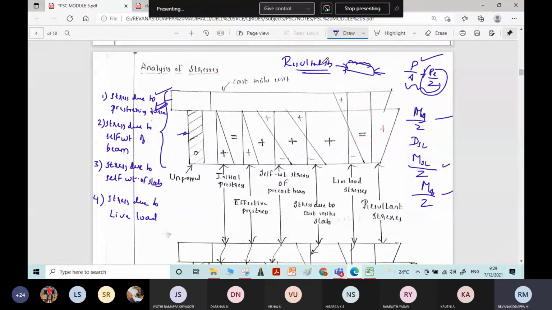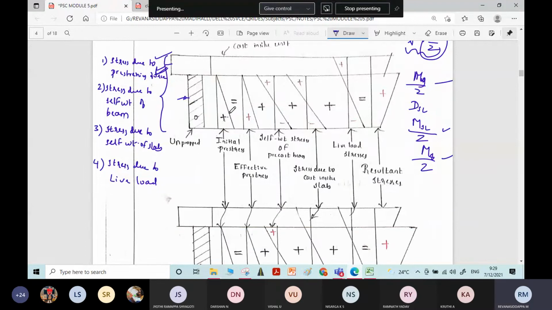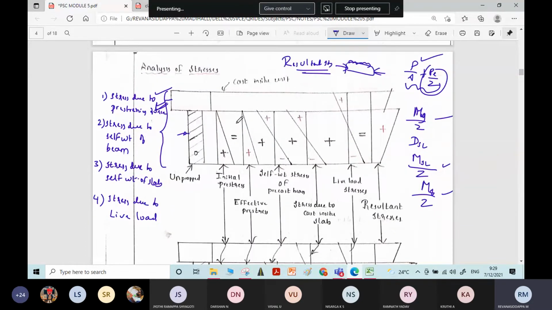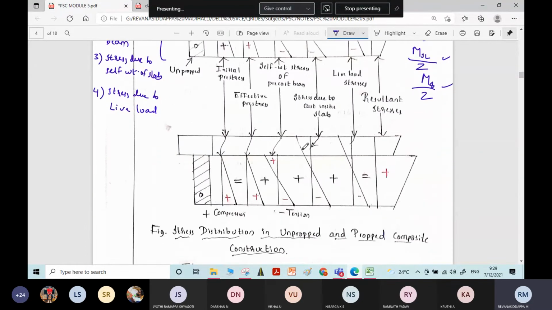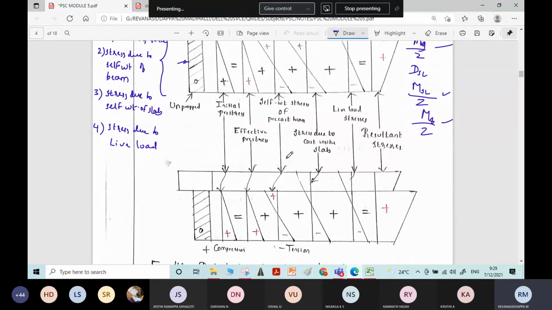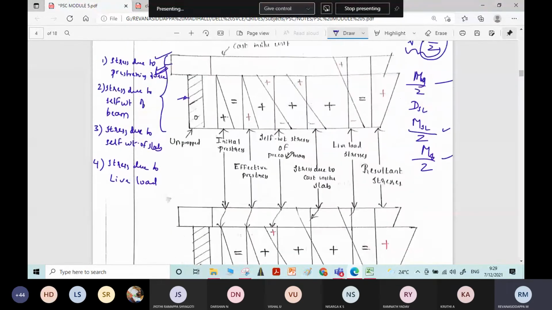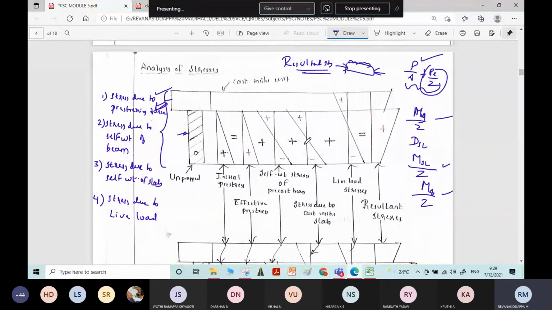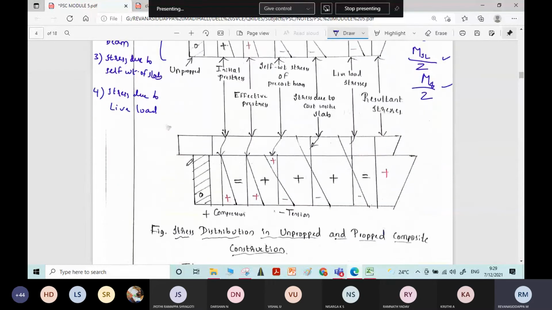Okay, this is the procedure for analysis of stresses for proper construction. Similarly, there is a procedure for analysis of stresses for improper construction. This is the analysis of stresses for improper construction. Then coming to the analysis of stresses for proper construction,